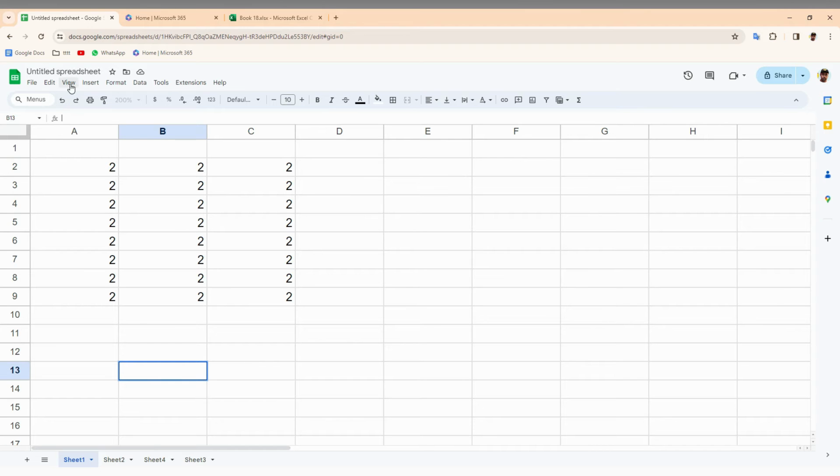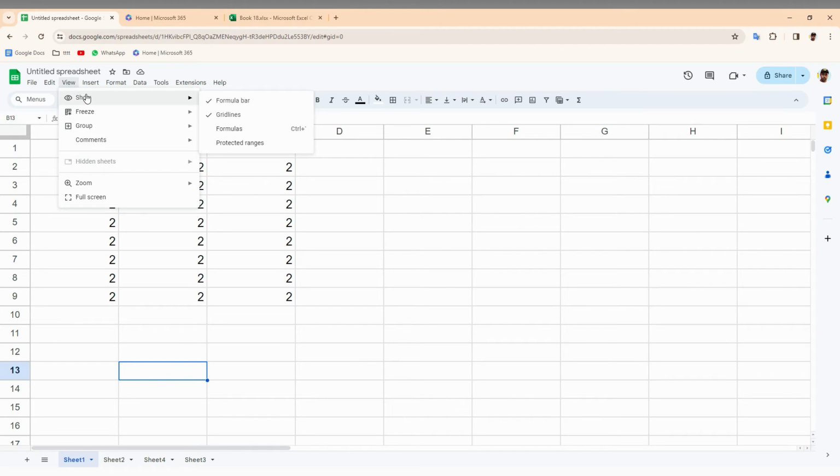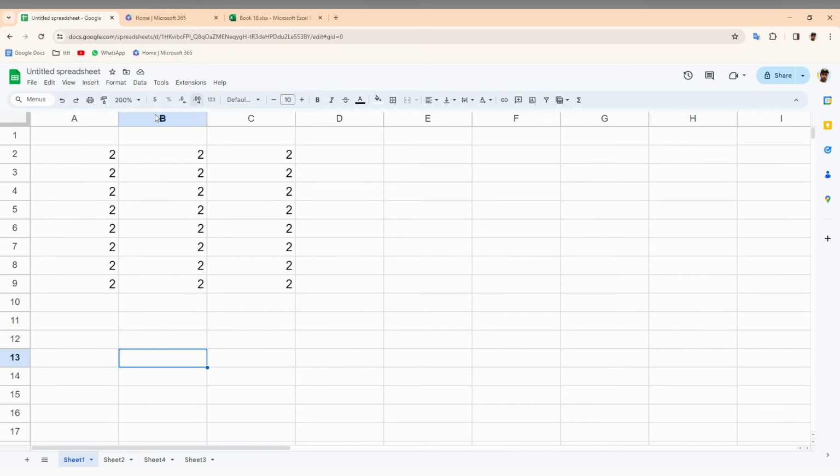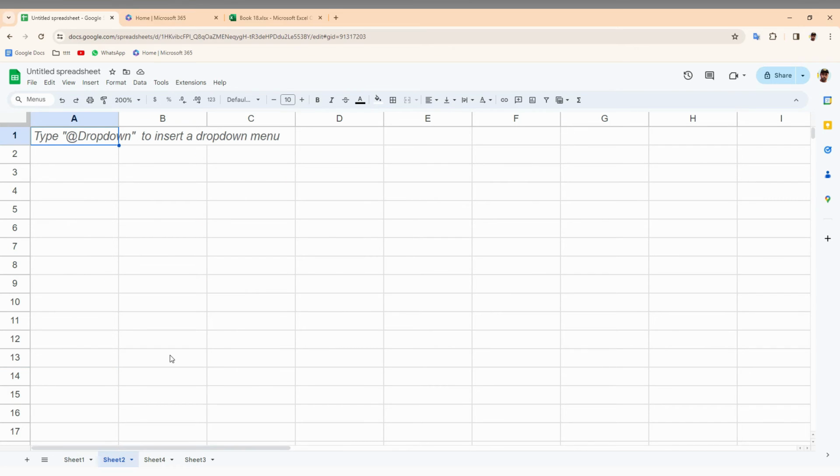So you just need to click on the view section on the top. Now you can click on the show option, and here you will see the option of formula bar has been enabled. You just click this and the formula bar will be disabled or hidden, but this option will be enabled for